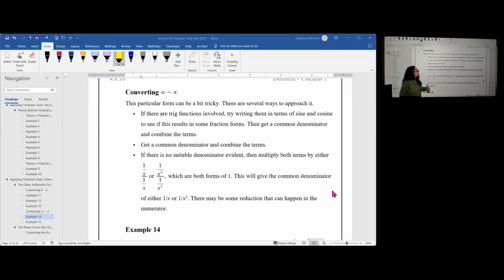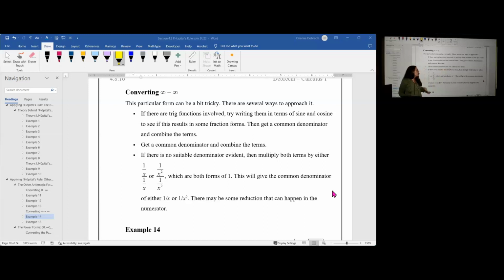do. One of them is, if they're trig functions, try writing them in terms of sine and cosine, and see if this results in some common fraction form. In other words, get a common denominator and combine. If they're not trig functions, but you think you could get a common denominator and combine the two terms, do